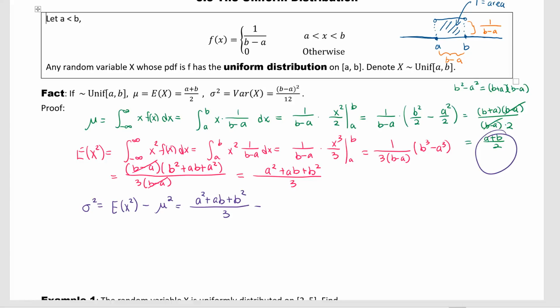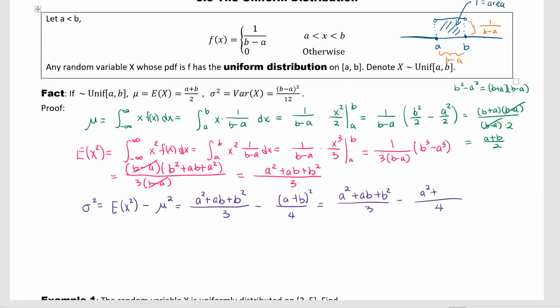This guy, squared. 2 squared is 4, but then on the top we have a plus b squared. Alright, let's see. A squared plus ab plus b squared over 3, minus (a plus b) squared over 4, so multiply